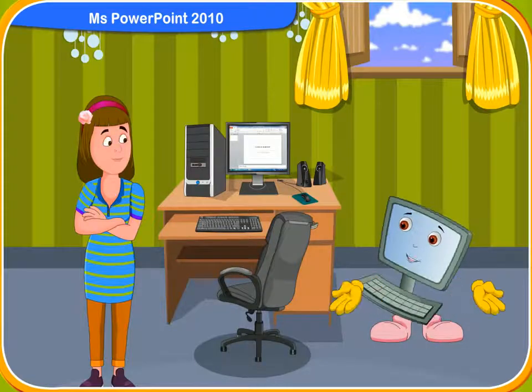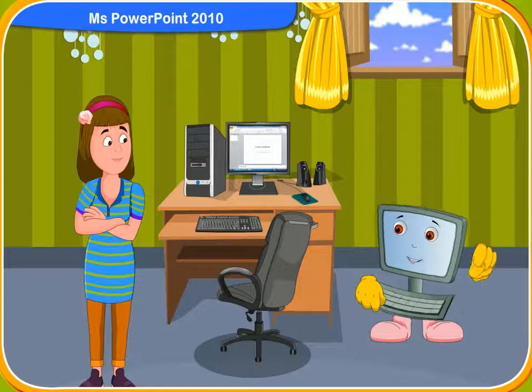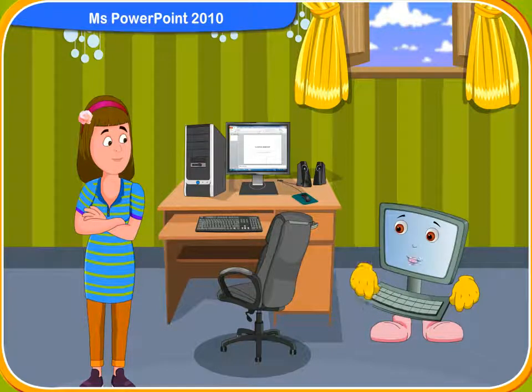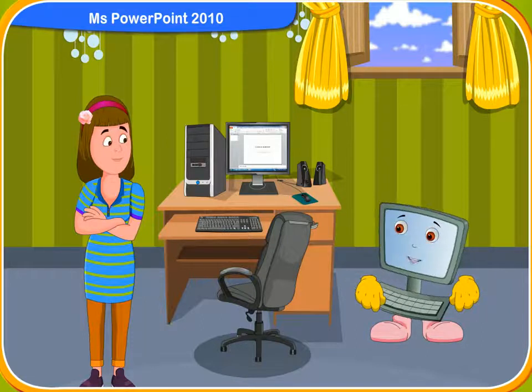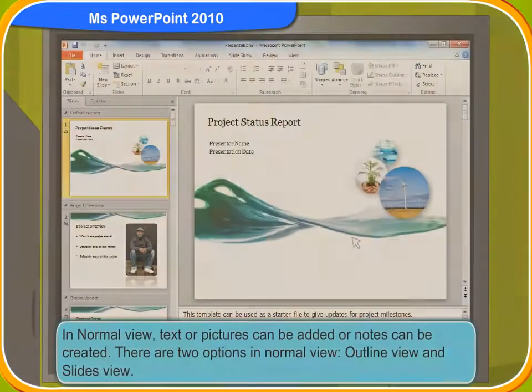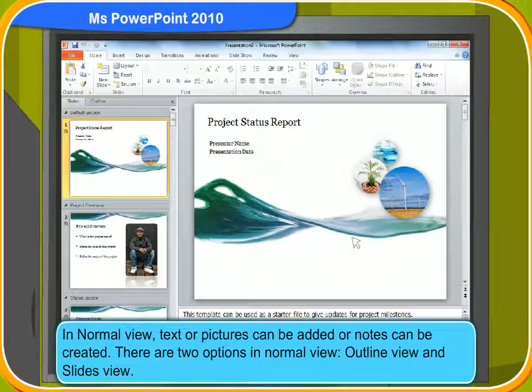Rennie, so far you have learned how to create a presentation page in PowerPoint. Let us now discuss how to view the presentation. Microsoft PowerPoint contains different views which help us while creating a presentation. These are the types of views in PowerPoint. Normal view is the one you are working with most of the time.